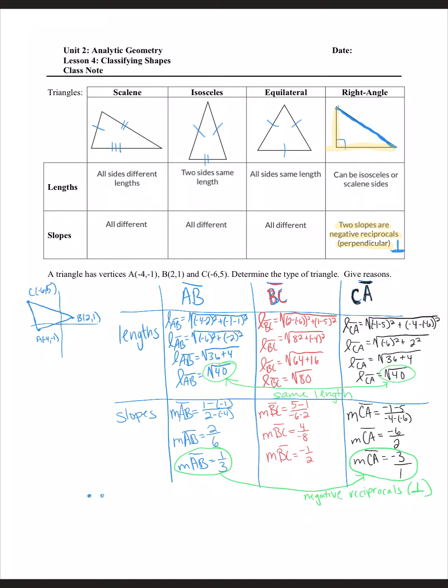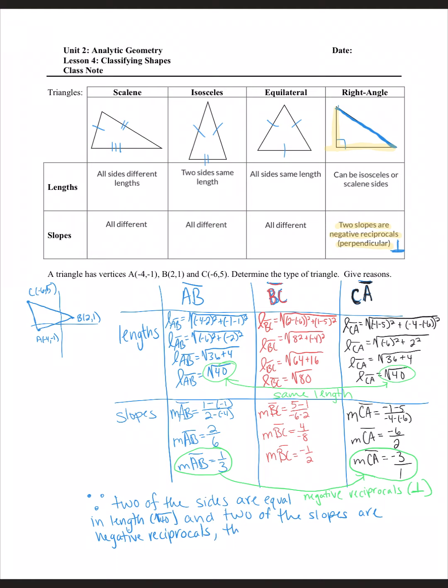Well, we can say since, and remember, since is those 3 dots that make an upside down triangle, since 2 of the sides are equal in length, which was the square root of 40, and 2 of the slopes are negative reciprocals, the triangle is a right angled